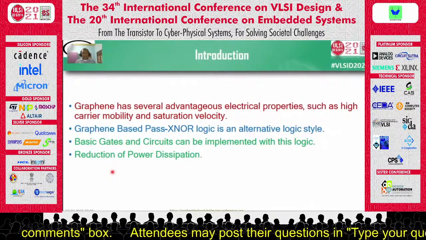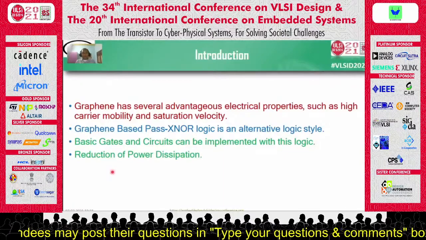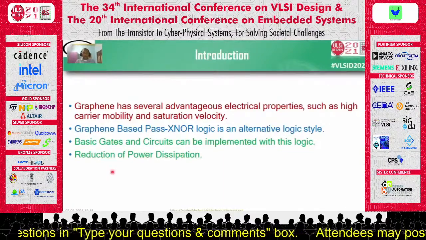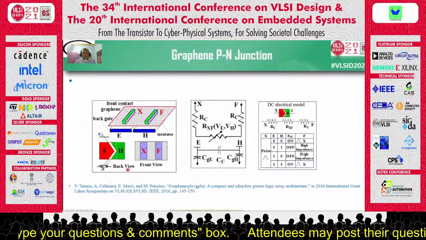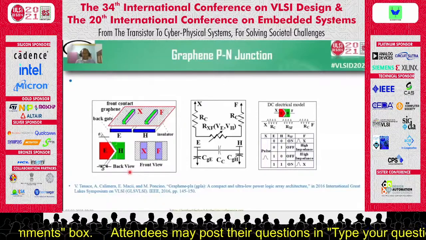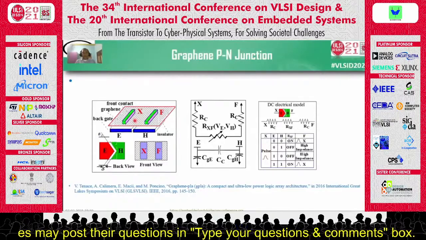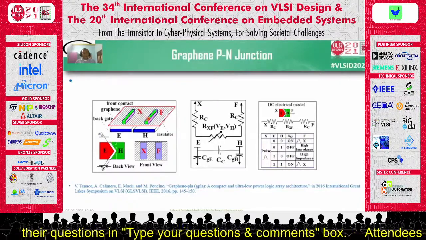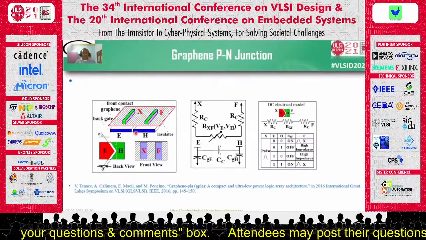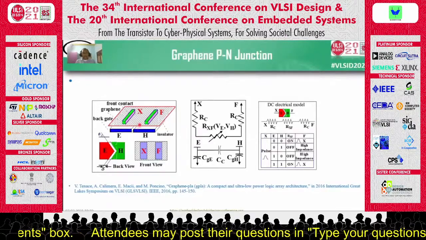So in our research work, we basically implement the basic gates and circuit with the help of graphene p-n junction, and our goal is the reduction of the power dissipation. Now this circuit basically shows the graphene p-n junction, and it is constructed on a graphene sheet, and these two metal to graphene contacts X and F are acting as the input and output respectively. E and H are the two back gates, and they are isolated from the graphene sheet by a thick layer